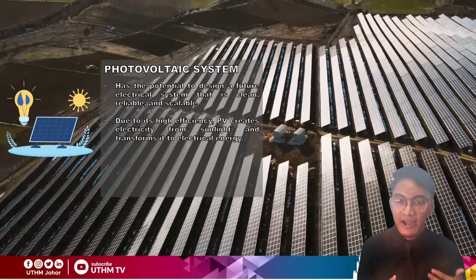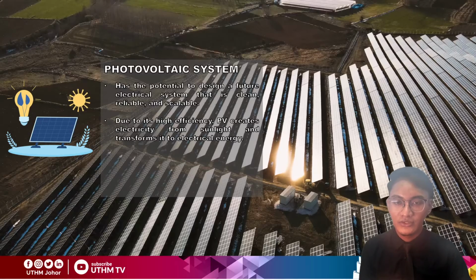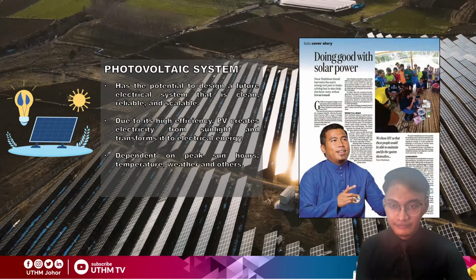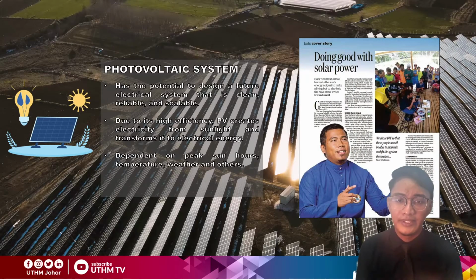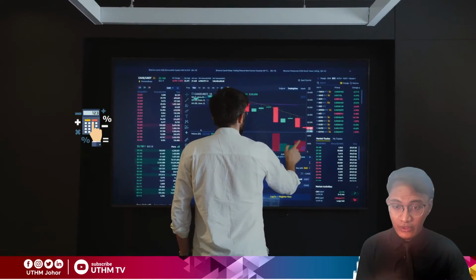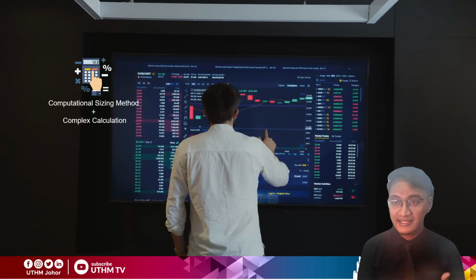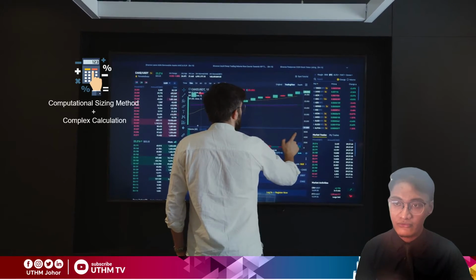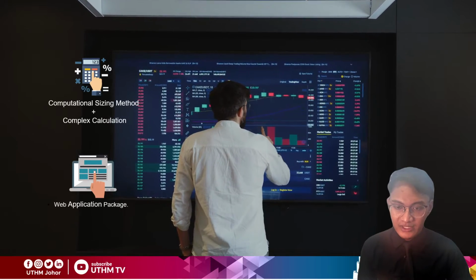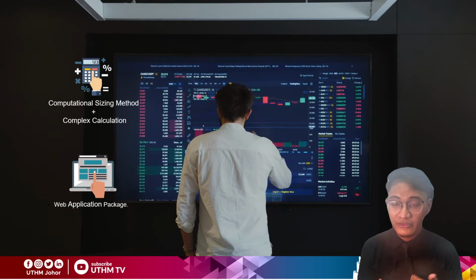Due to its high efficiency, PV creates electricity from sunlight and transforms it into electrical energy. It is also very dependent on peak sun hours, temperature, weather, and others. PV capacity, inverter, and load need to be sized precisely. In conjunction with it, computational sizing methods need a lot of effort and involve complex calculations. So the solution is that I will develop a web application package based on Google Sites with integration of